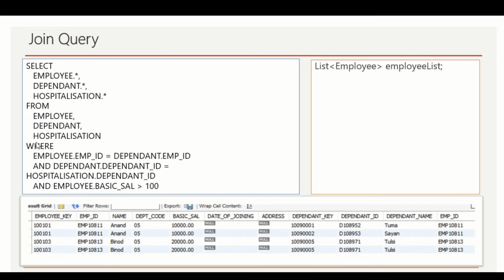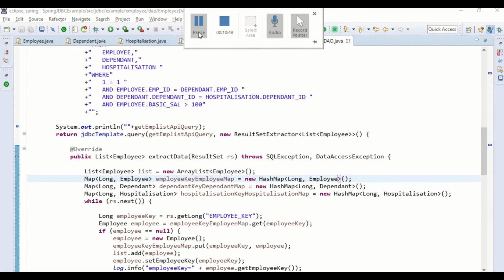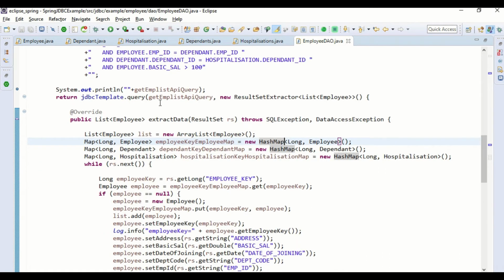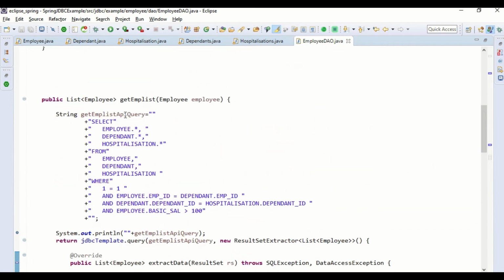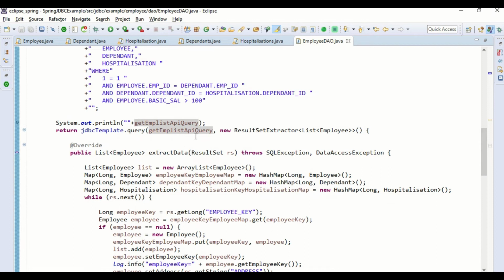So let's go back to the DAO class again. Here we'll be executing this query using JDBC template, and we are using result set extractor to read the data from the record set.